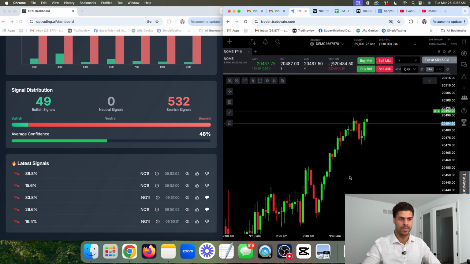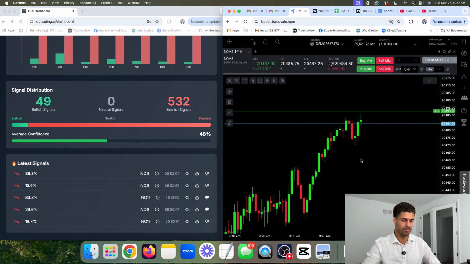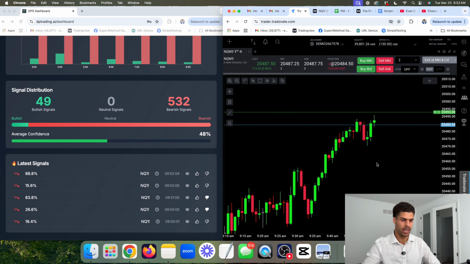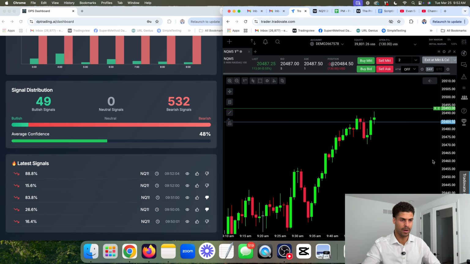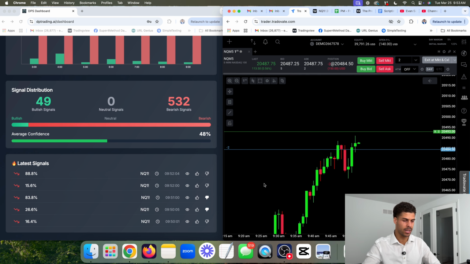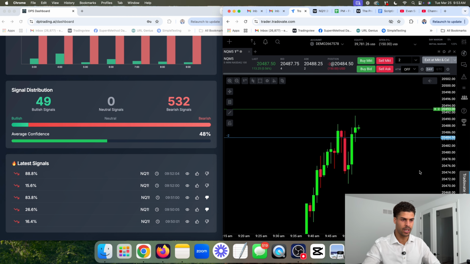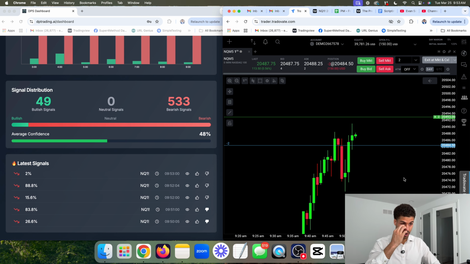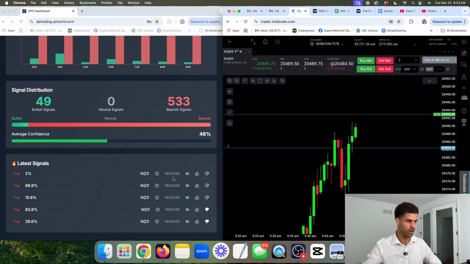But the sentimental model is saying, okay, well, the markets are coming down. We think that the markets are more bearish than bullish. And so every signal needs to have that bias. But that's not useful on every single candle when we're trying to trade. Overall, it can be. And so I think that there should be some, like this should be a long right here. Like this should be a long signal.